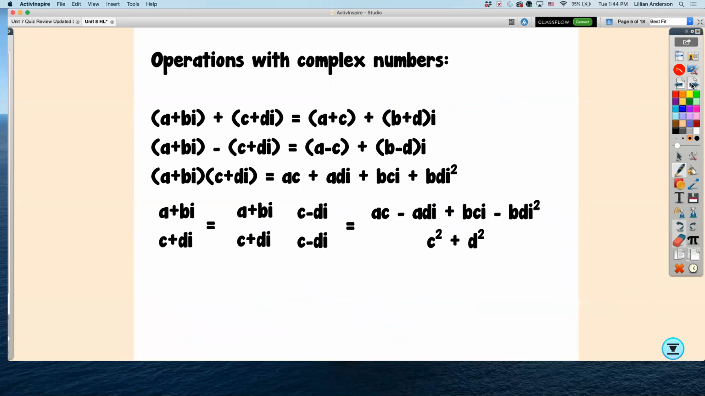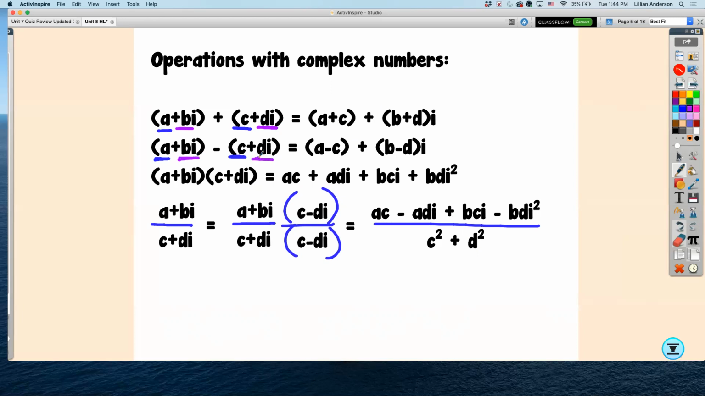Operations of complex numbers. Do not write all this down. Okay? But essentially, this is what you are doing. When you have two complex numbers that you have to perform any type of operations with, when it's addition, you essentially are adding the reals and then adding the imaginaries. That's all you're doing. When you're subtracting, you subtract the reals,